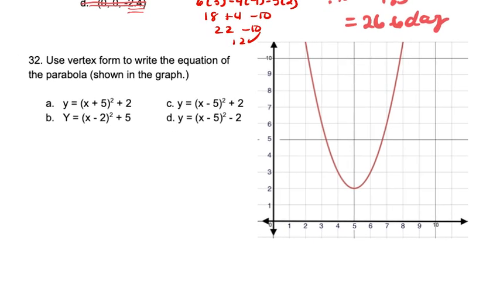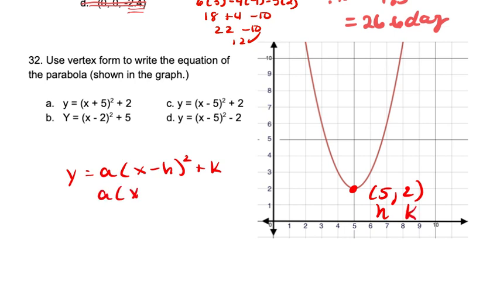32, use vertex form to write the equation of the parabola shown at the right. So let's find this vertex. This vertex is at 5, 2. In vertex form, a times x minus h squared plus k. That's your h, that's your k, so it's a times x minus 5 plus 2. Now we don't know the a value per se, but if we look at it,